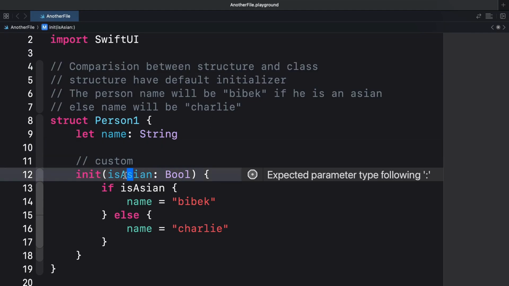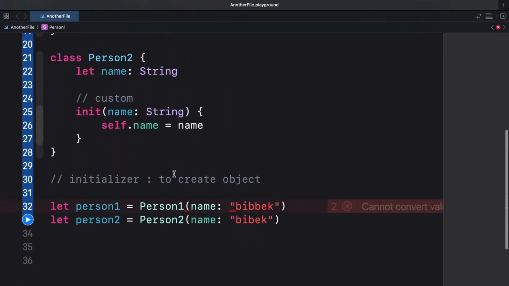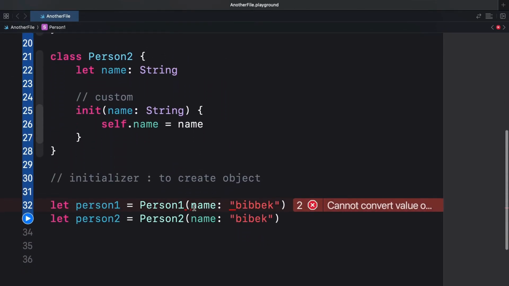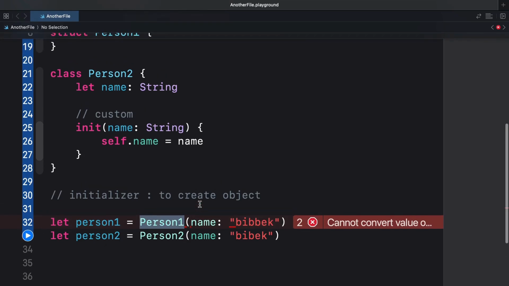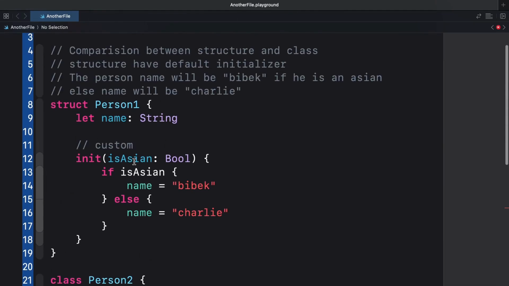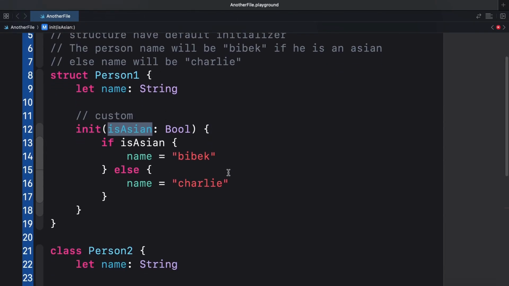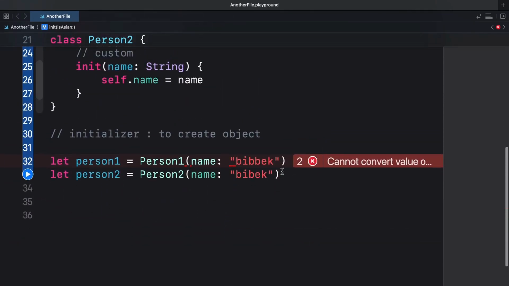Now as soon as I do this, I create a new custom initializer, then I no longer can write this code. Like on line number 32 it is complaining and it wants me to use this initializer rather than the default one. So I can no longer use the default one. That's why I need to pass isAsian.